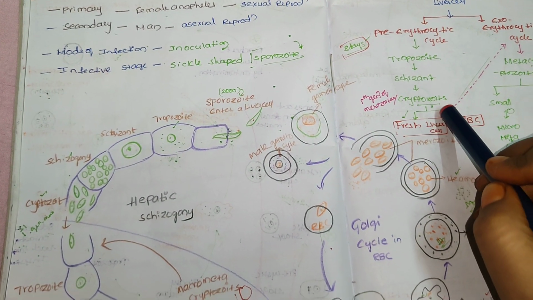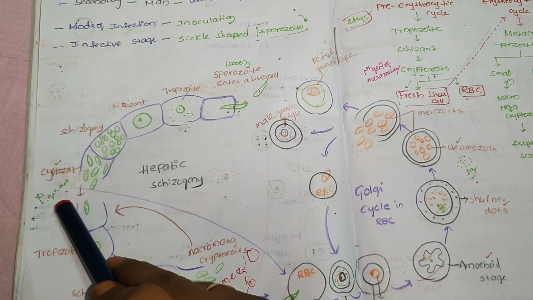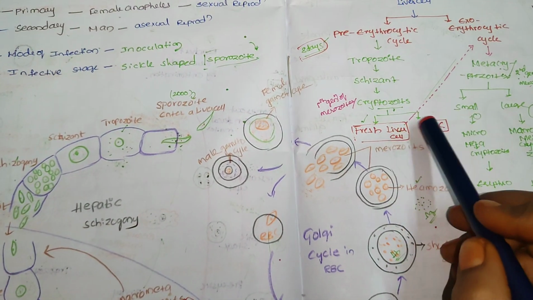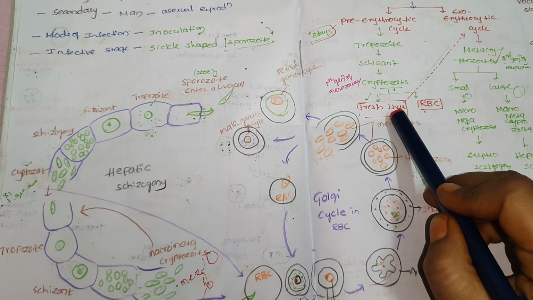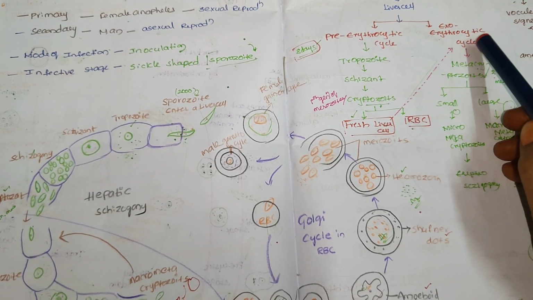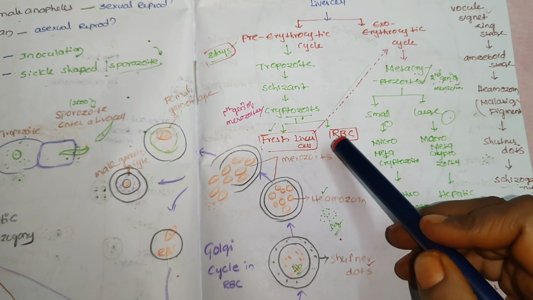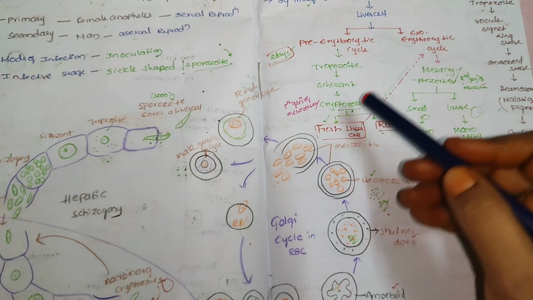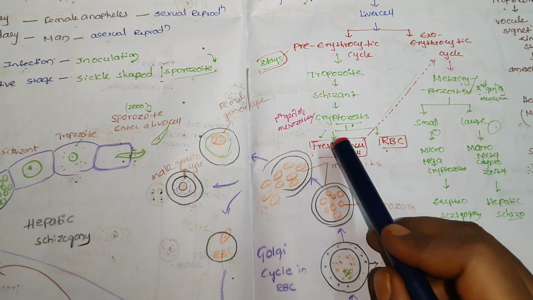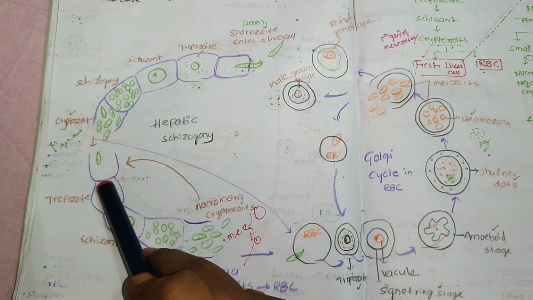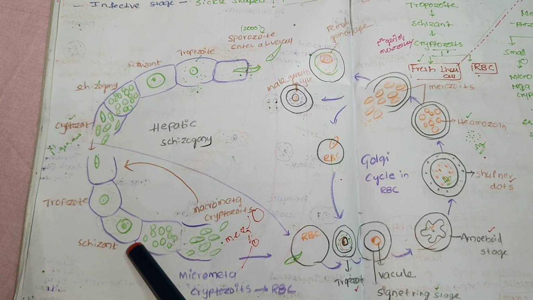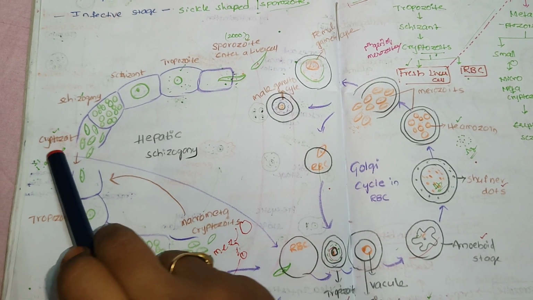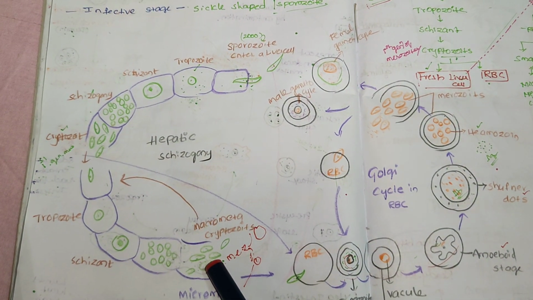Then these cryptozoites have two options. These cryptozoites enter a fresh liver cell or enter the RBC. Two choices are there. If the cryptozoites enter a fresh liver cell, it starts the exoerythrocytic cycle. If they enter the RBC, it starts the erythrocytic cycle. So the exoerythrocytic cycle means cryptozoites enter a fresh liver cell. Again the same cycle repeats: trophozoite, schizont, schizogony. But here the first generation of merozoites or cryptozoites is formed in the first liver cell. Then again the fresh liver cell will release